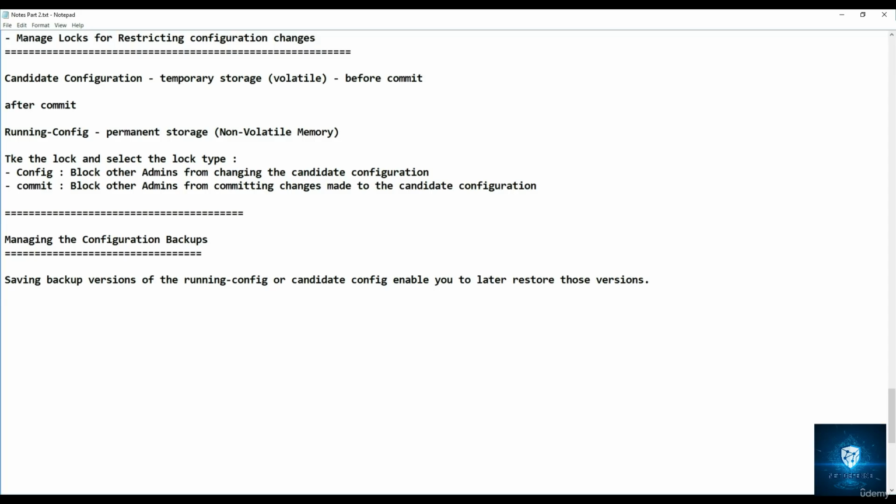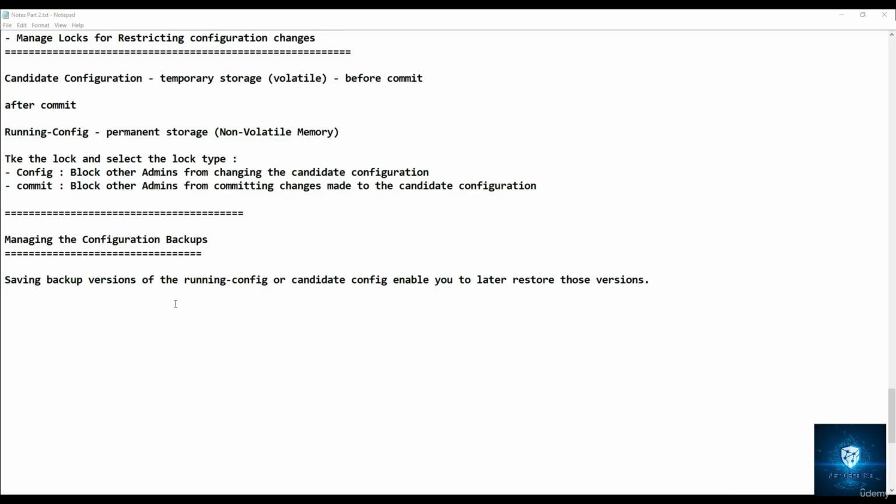For example, if a commit validation shows that the current candidate configuration has more errors, then you want to fix it, so you can restore a previous candidate configuration. Likewise, you can also revert to the current running configuration without saving a backup. So all those parameters are possible. Likewise, we can do an audit as well. I'll show it to you for managing configuration backups.